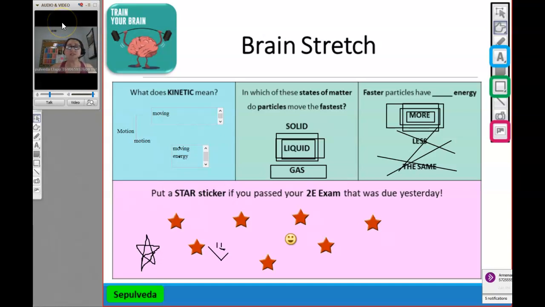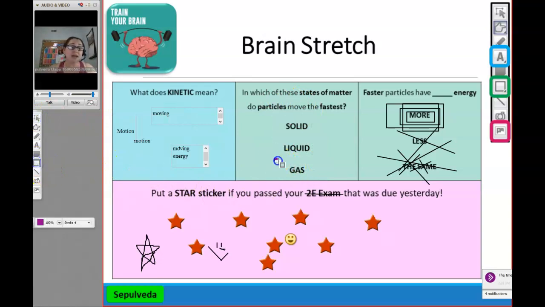And then which of these states of matter do particles move the fastest? Well, if you think about it, you have solid, liquid, or gas. Now, a lot of us said liquid, but think about it. Remember, we were talking about dancing on the dance floor. Solid particles are just those people that are going to dance like this right in the center there. Liquid's going to get a little bit bigger, but then gases are going to be the ones that are just going to go flying everywhere. They're taking up the whole dance floor. Those are the people that are just everywhere on the dance floor. So yeah, it's going to be a gas, absolutely.